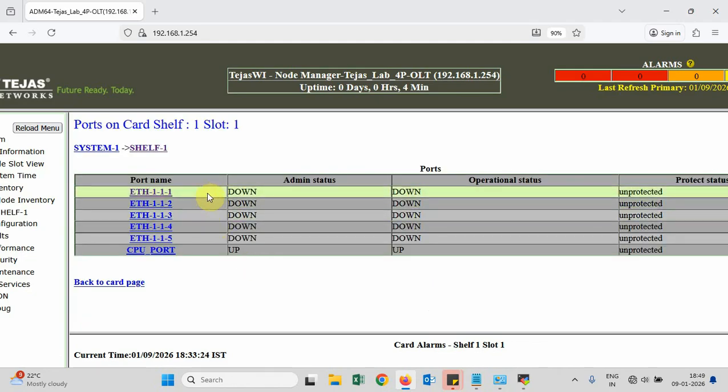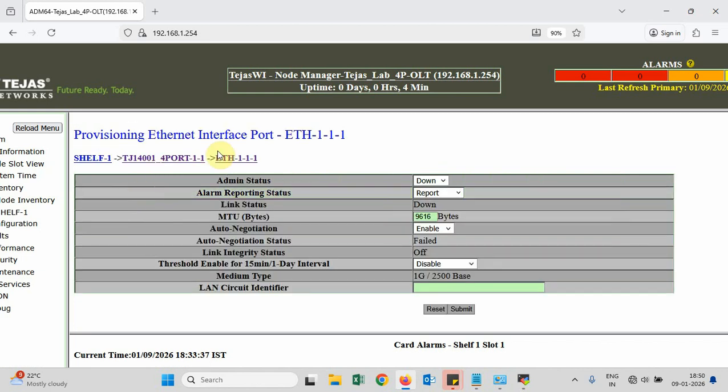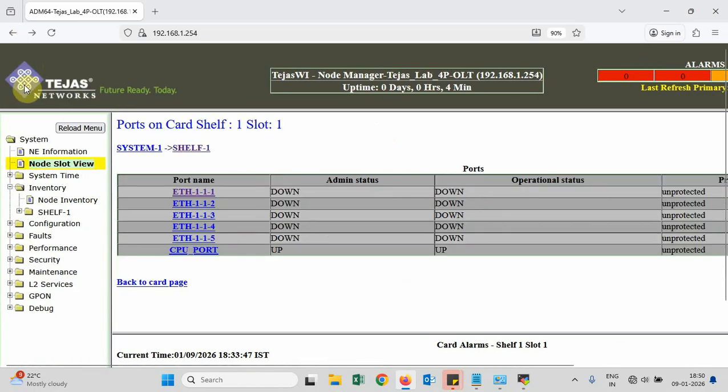So this particular OLT, as described earlier in the physical overview, has 5 ports. We can see that the port is down, admin status is down, and the operation status is down. So I click here the port number 1. I can change the status of the port. Before I go to operate the port, let me complete the